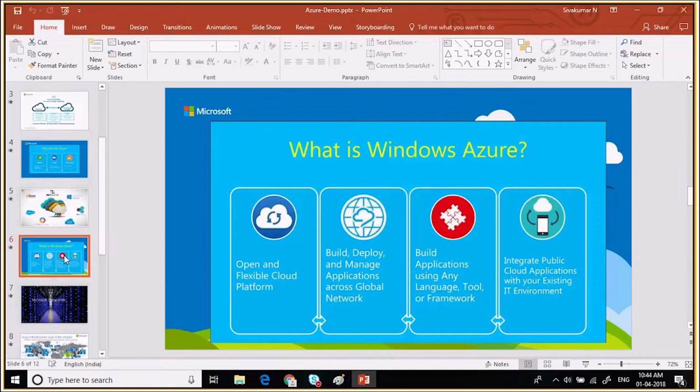What is Windows Azure? As I told you, this is an open and flexible cloud platform. Whenever you want, you can build, deploy and manage applications globally. Microsoft Azure has hundreds of data centers, 100 plus data centers globally, which means